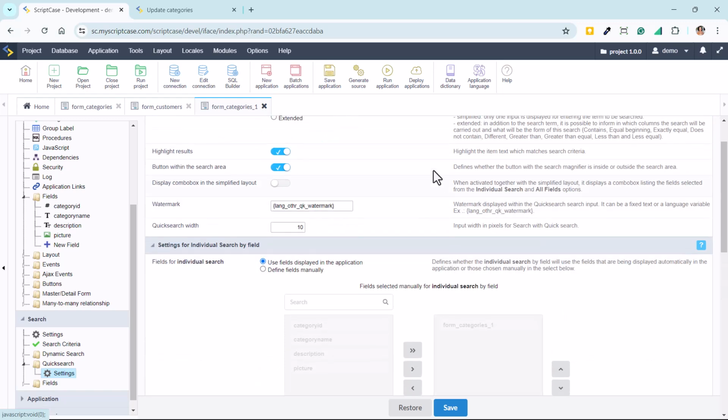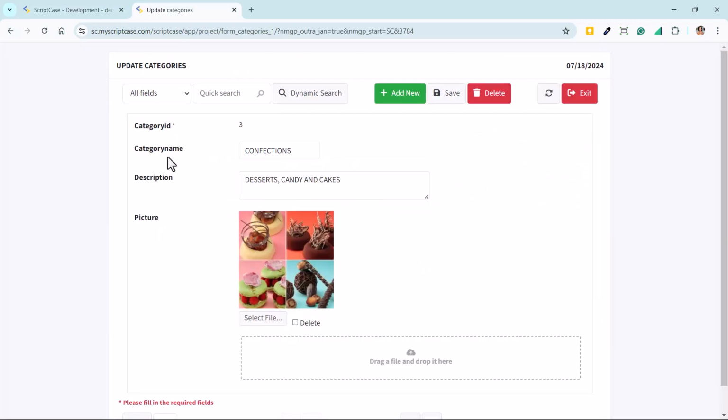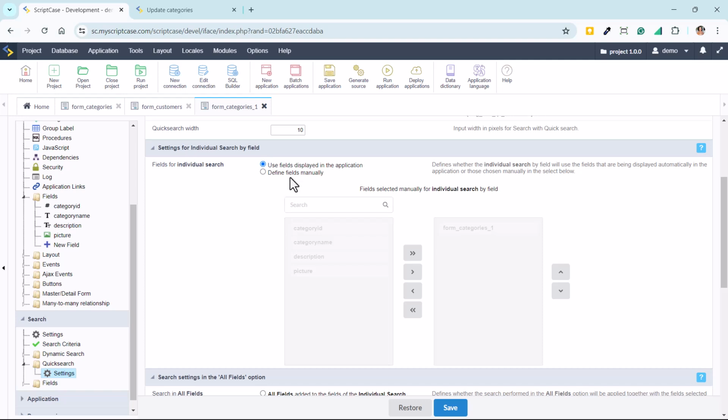And then in the case here, we have the option all fields with the selected fields, and we have the individual fields. Then for the individual fields, I can have them all applied according to the fields available, or I can define manually.